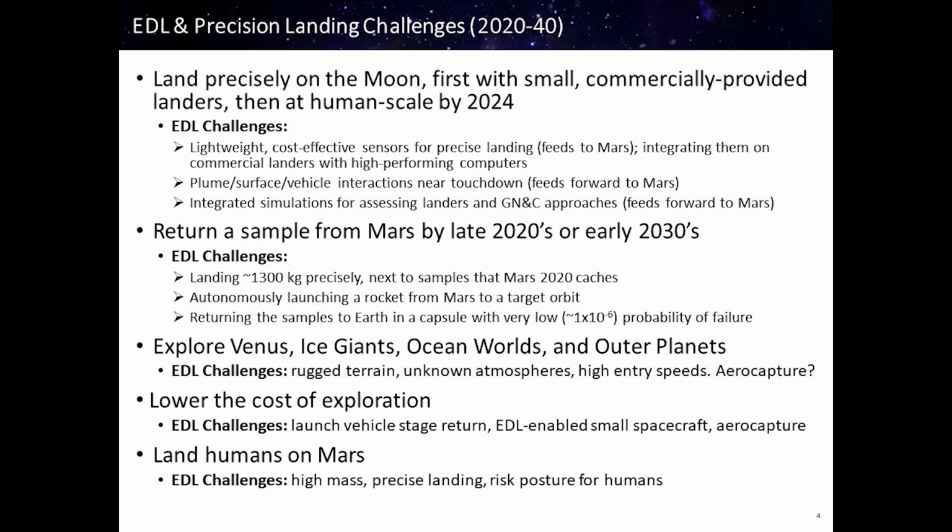Some of the other challenges that we have within the EDL community focus on science missions. A major thrust of this decade and into the next decade is returning a sample from Mars for study by scientists on Earth in their laboratories. Some of our challenges here are to land over a metric ton of payload precisely, the next lander with a rover on it to fetch the samples that Mars 2020 is going to cache